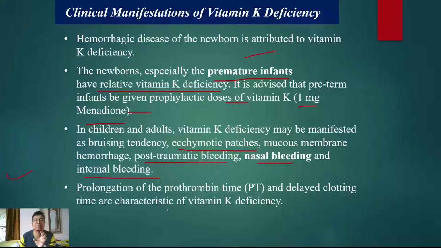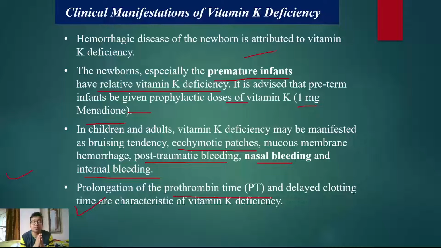Remember, during nutrition class, I told you PT was a marker of acute liver failure. In acute liver failure, what happens? The gamma carboxylation of clotting factors occurs in the liver, and we need vitamin K. So, even if vitamin K is present, in liver failure PT will be high, and even if the liver is okay, if vitamin K is deficient, again PT will be high. So, either acute liver failure or vitamin K deficiency, the marker is raised PT or prothrombin time, and clotting time will also be delayed because of all the other clotting factors.